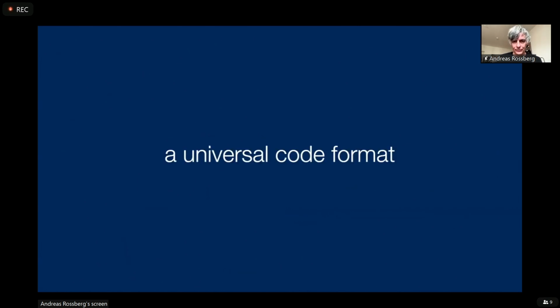So why is it interesting to run WebAssembly elsewhere? As I said, what we try to do is create a universal code format with the properties I mentioned earlier of it being safe and portable and predictable. And that's what makes it interesting. I'll give you a bunch of examples of